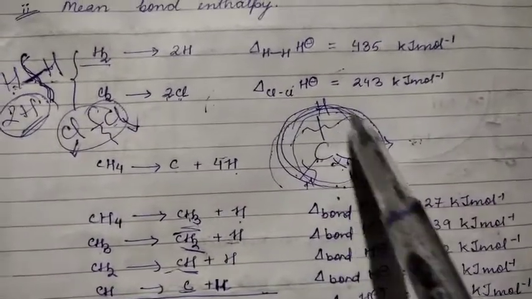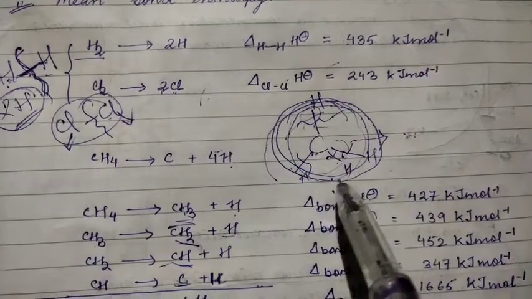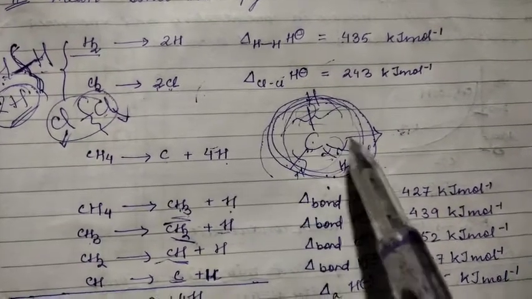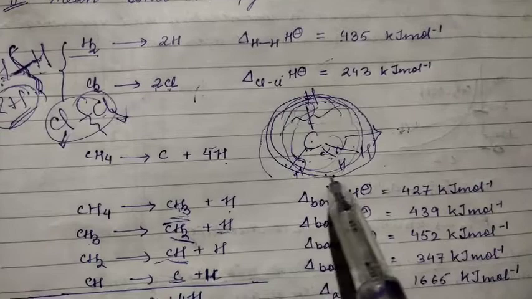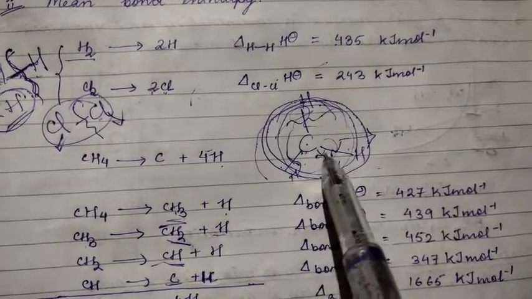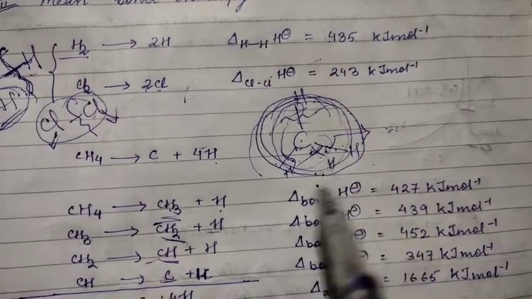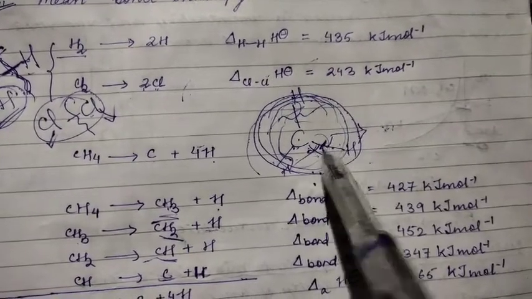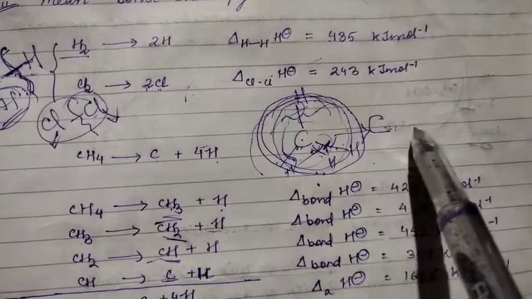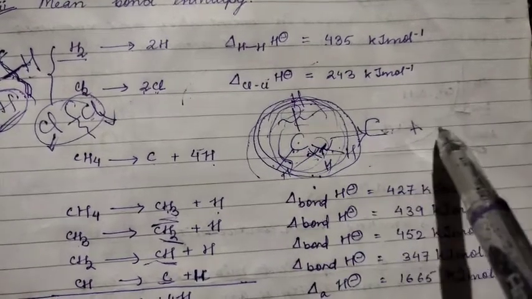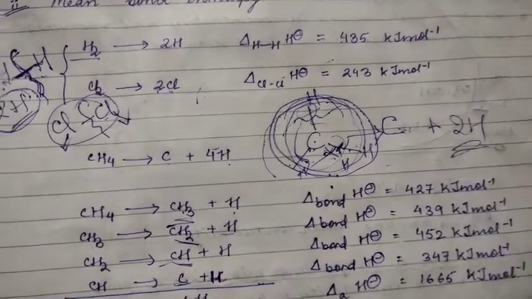It means from CH4, 1 bond is broken. What is left? CH3. Again, in the next step, another bond is broken. CH2 is left, and in the third one, CH is left, and in the fourth one, all hydrogens are gone. After this has left, so at last carbon is left. And how many hydrogens have you released? Total 4 hydrogens. Is it clear?